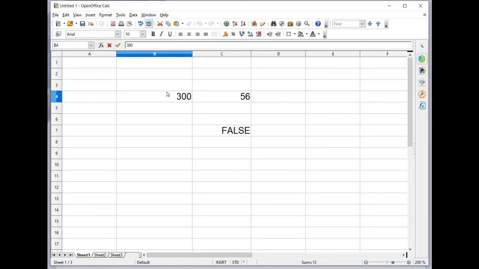See, the result here has changed, because as it is a formula, if there is any change in the particular cell, the formula will be affected. Can you see the result? Yes, if I change here also, it will change the formula. So that is the importance of formula. So greater than, less than, greater than or equal to will give the result as true or false.